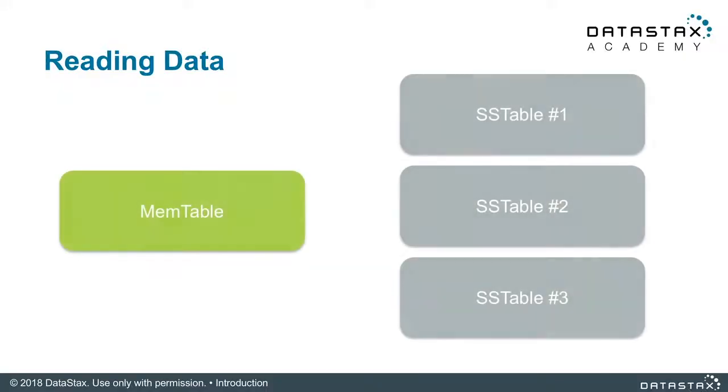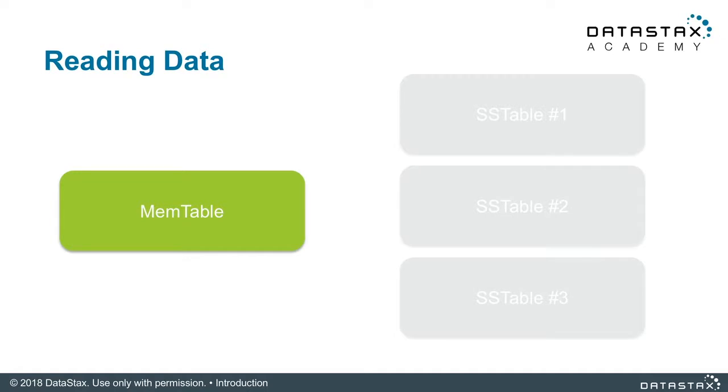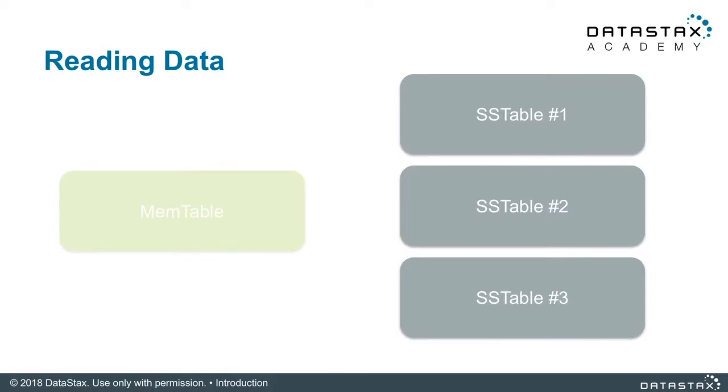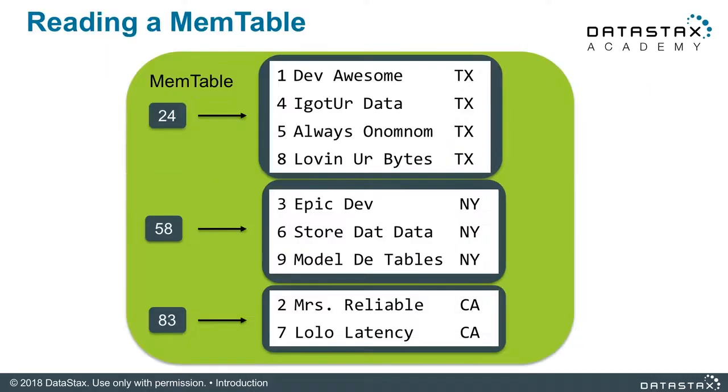In the last video, we saw that Apache Cassandra writes data to the mem tables and then eventually flushes that data down, making SS tables. So your data is actually spread out amongst several SS tables and also the current mem table. When Apache Cassandra reads, it must coalesce all the values from the SS tables and also the mem table. No big deal. Let's first look at how Apache Cassandra reads data from the mem table.